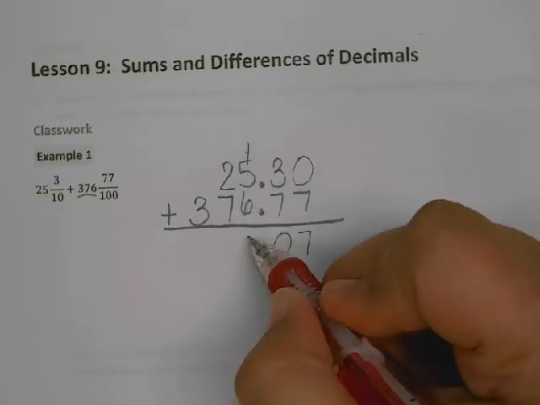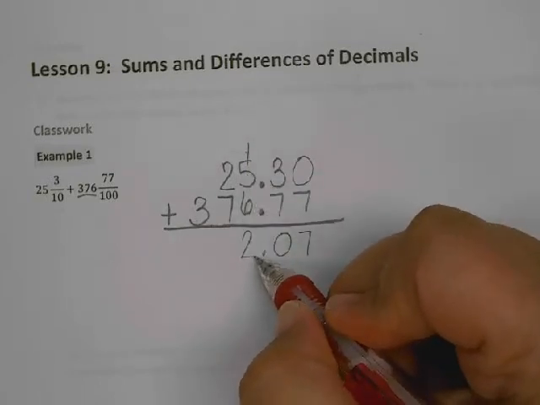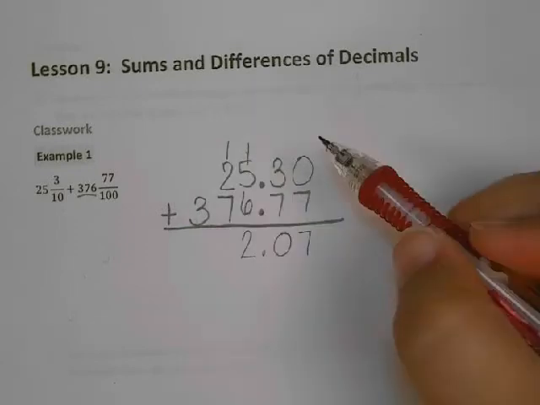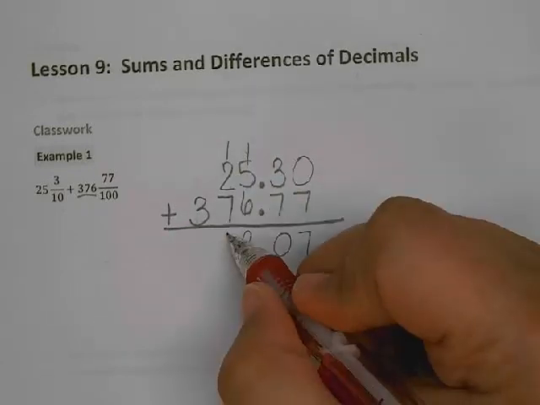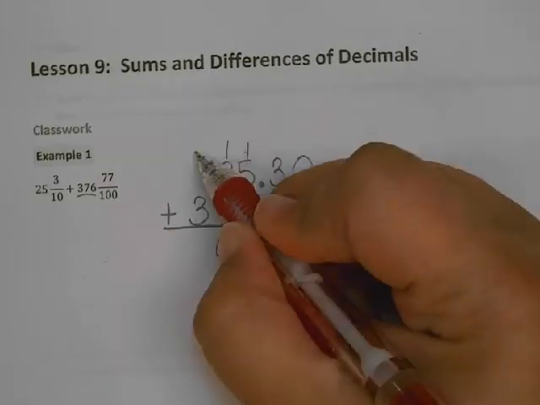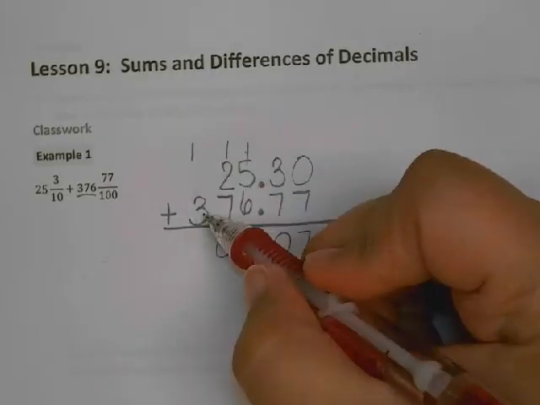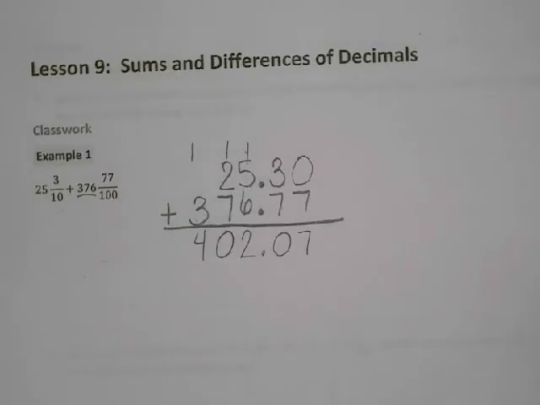Plus 6 more is 12. Put down my 2. Regroup my 1. 1 plus 2 is 3. Plus 7 more is 10. Write down my 0. Regroup my 1. 1 plus 3 is 4. So my answer is 402